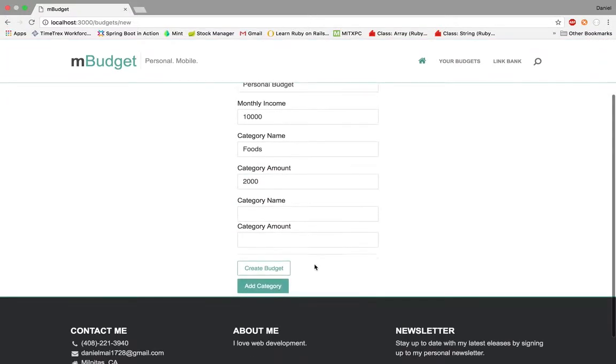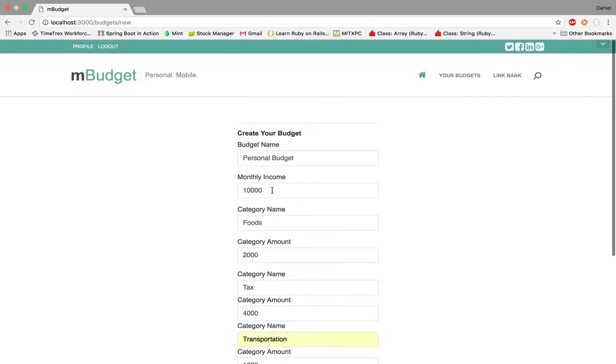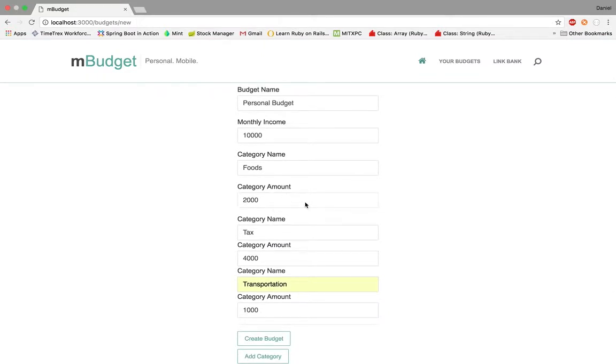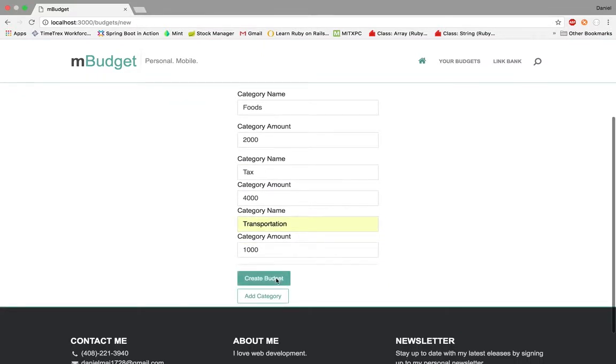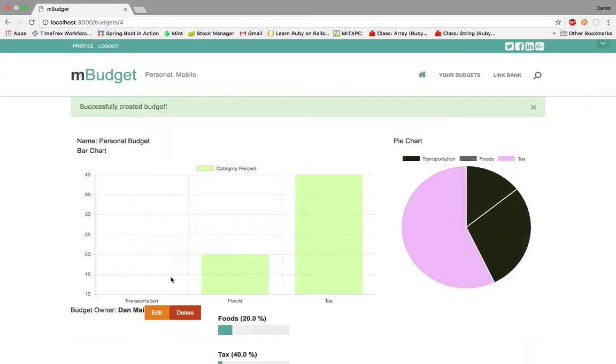You can add different categories like taxes, you can put 4,000 for example, or you can add transportation, like 1,000. So you can essentially create different categories with different amounts. You can choose to create this budget. So my budget only has three categories, and it will give you a graphical representation of the